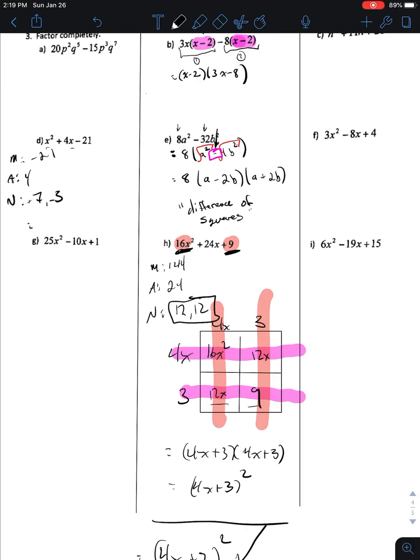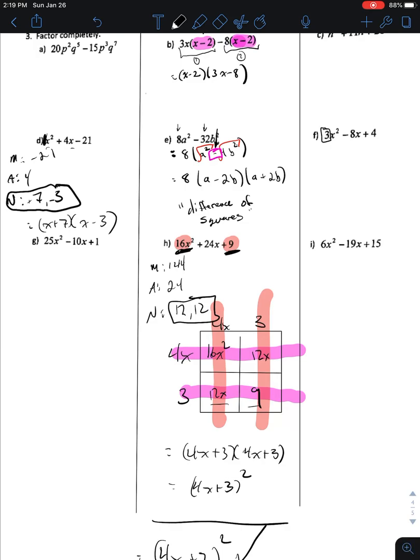Yeah. So once the 3 is negative, then you can go, okay, well, my answer is just going to be, I'm going to throw the variable, in this case x, in front of those two numbers. So it's x plus 7 multiplied by x minus 3. And then you're done, right? And remember, I'm only allowed to do what I just did there, throwing the variable in front of those two numbers, because this is 1,